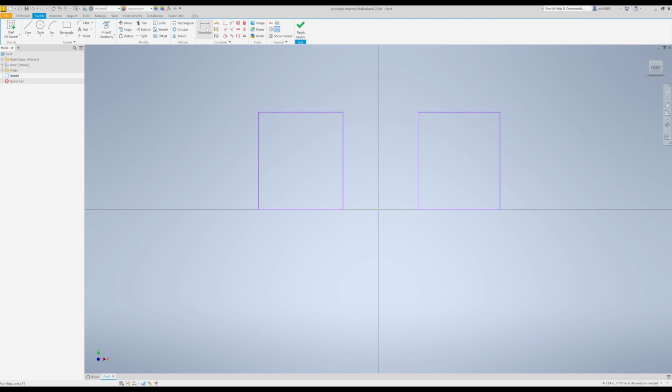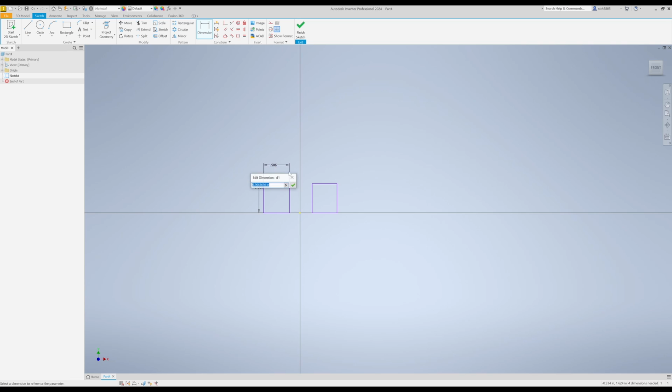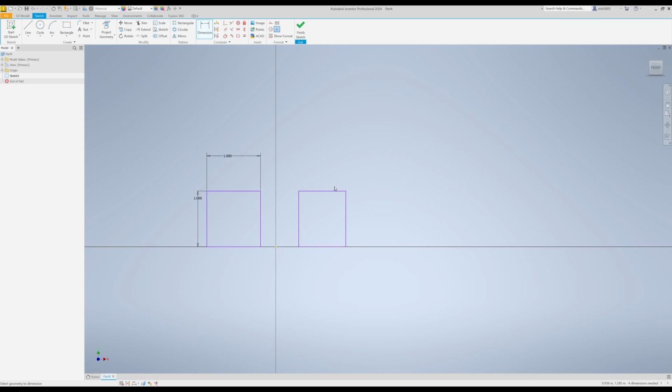I'm going to come up to Dimension. I'm going to dimension two 1-inch squares. So put a 1 right there, Enter. And then a 1 right here, Enter. And then the same thing on the other side. 1 right here, and